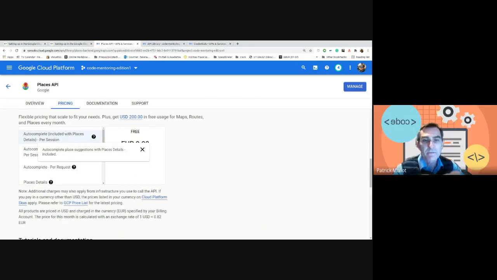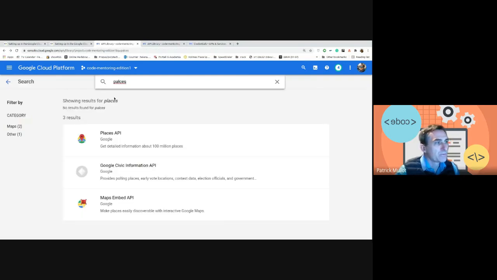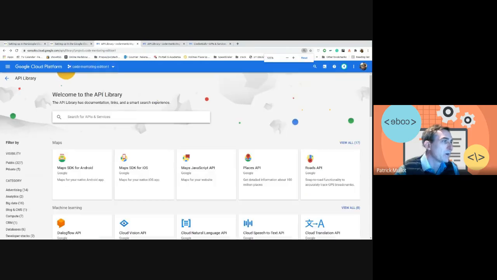Okay, so Google Maps by itself is everything related to maps, actual maps with direction, routes, and everything. Let's say GPS and map based. If you want to have access to detailed information about some places, then you have to use the Places API, which is inside. Okay. But you cannot have the Places API enabled without the Maps API. Okay. Without Maps. Yeah. So once you've enabled both of those APIs, you still have one step to go,